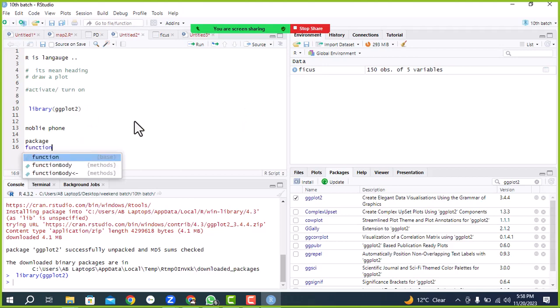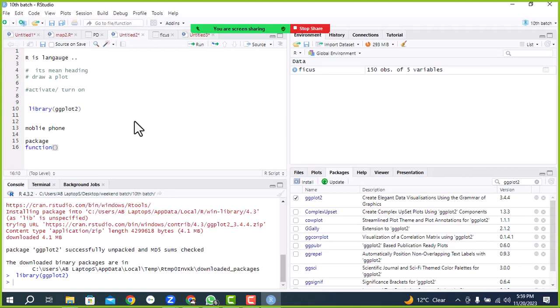Take an example of mobile phone. Mobile phone is a package, an instrument, which has different functions, like you can call, watch videos, play games, use internet. Mobile phone is an instrument, and what type of work we can do with mobile is its functions. You can call, you can play games, you can watch videos, you can send message. Playing is a function, watching is a function. फाइकस के साथ हमने क्या करना है? स्क्वेयर ब्रैकेट में -5। अब इसको रन करें। अब रन हो गया ना। अब दूसरा रन करें।